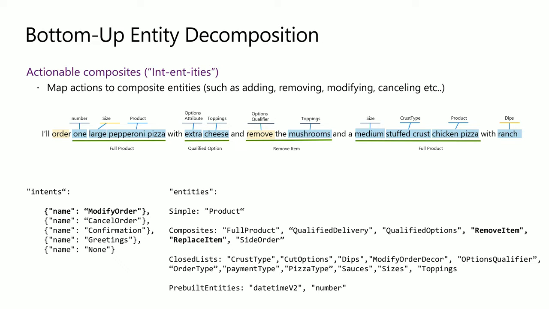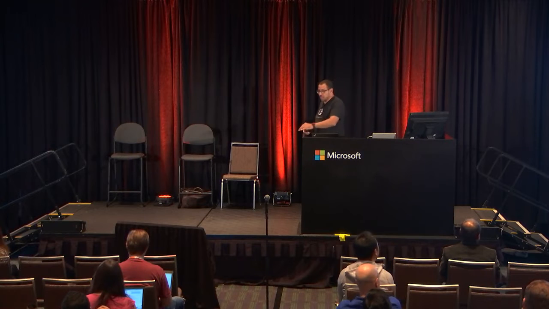Actually, a friend of mine works at Microsoft. I've worked with them in designing some of the models. They coined that into a nice phrase. It's called intentities, which is a really fun name for it. I really like it. So you can use intentities, which are actionable composites, in order to capture the remove and identify different elements. But now, how do I actually do the multi-layer parse? So I know that an order starts and an order ends. So the entities here would include the remove item on the side there and the replace item. And they've been taken out from the intents into the entity bucket.